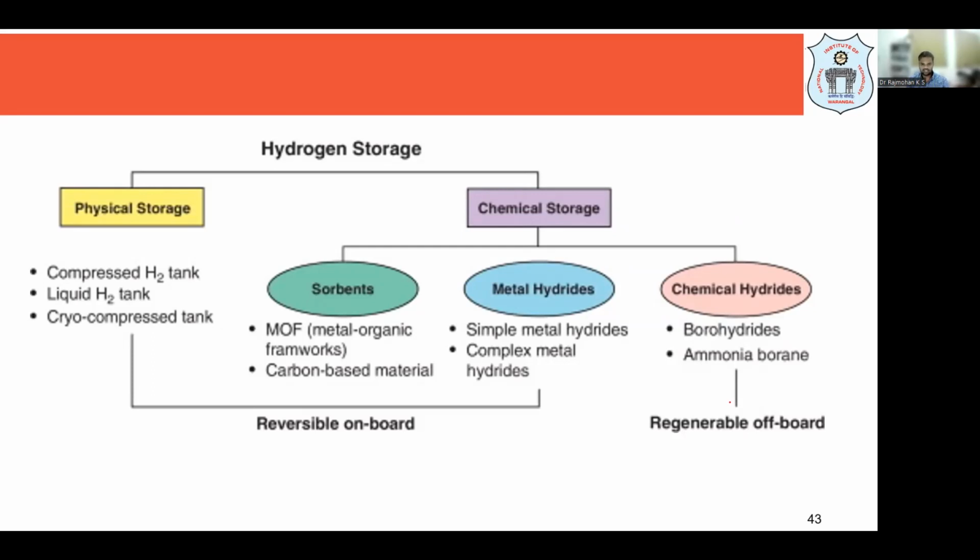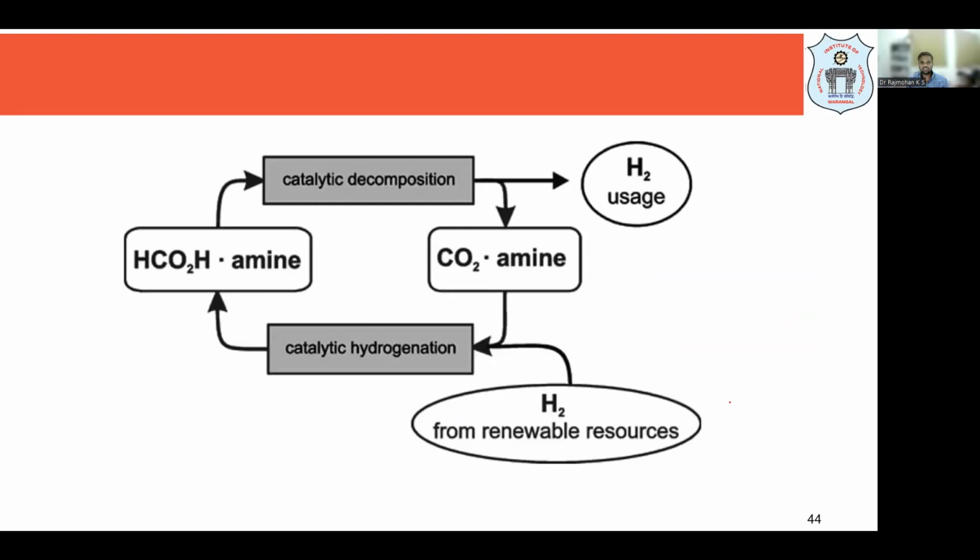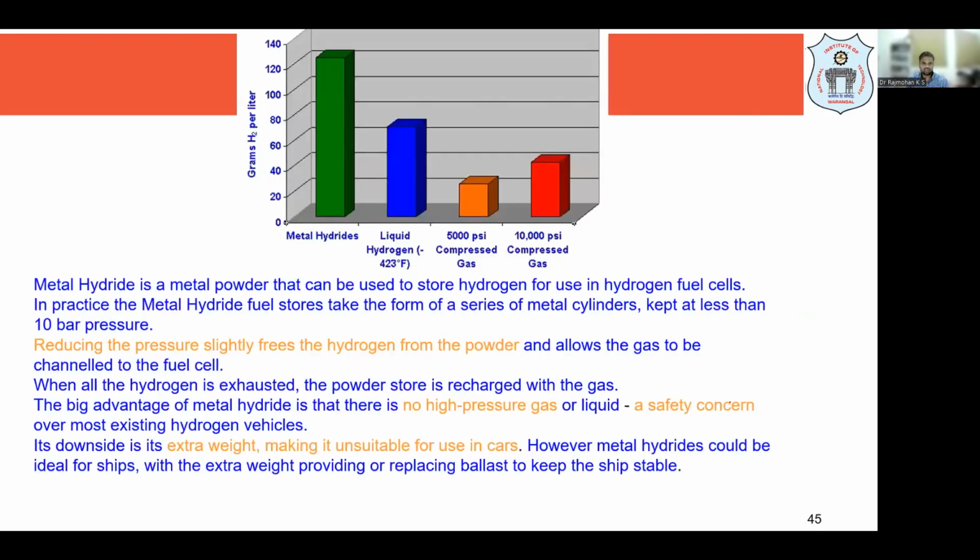And there are metal hydrides, or even complex metal hydrides, and chemical hydrides like borohydrides, which are in chemical form. You can even use ammonia. You can have an ammonia tank and a reactor where ammonia, NH3, becomes N2 plus H2. Whatever reaction must take place, and the conditions we have to keep, it will release hydrogen directly for the engine. So several other methods are there where you can store it in different forms. Okay, so this is the improvement here.